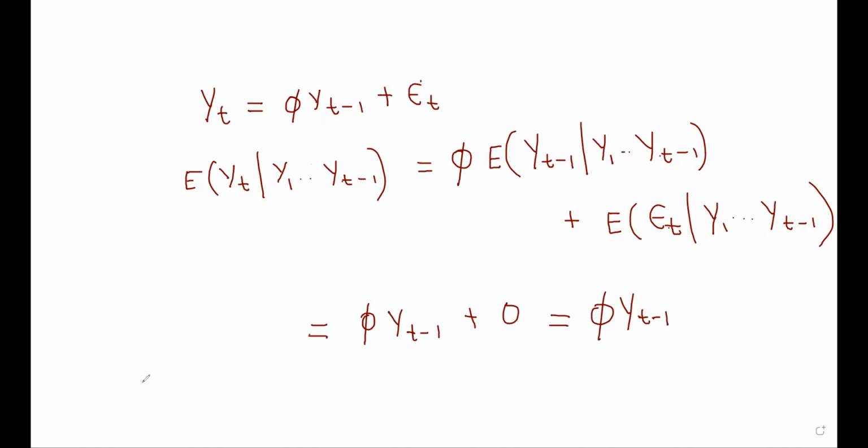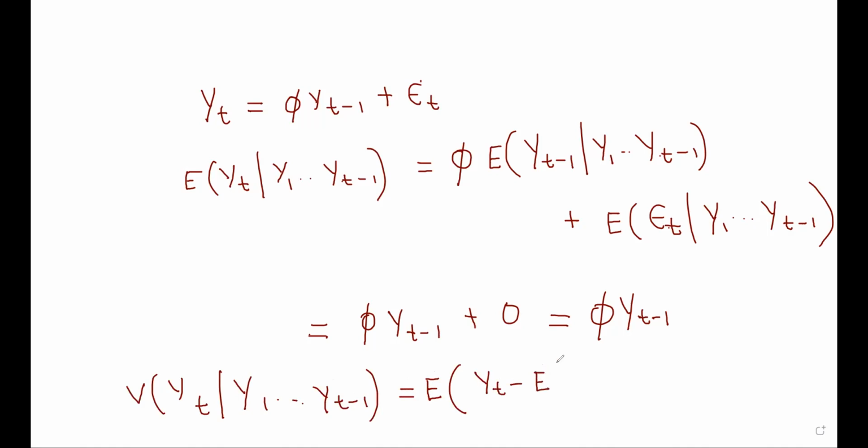Now, what is the conditional variance? I'll tell you why I am finding the conditional mean and conditional variance of yt. Or maybe some of you can already guess why I am doing this. What is this? Well, this is simply the expectation of yt minus the conditional mean of yt